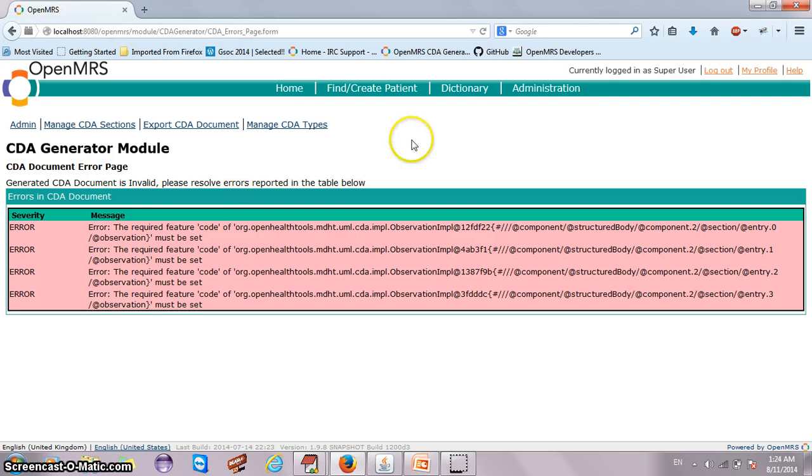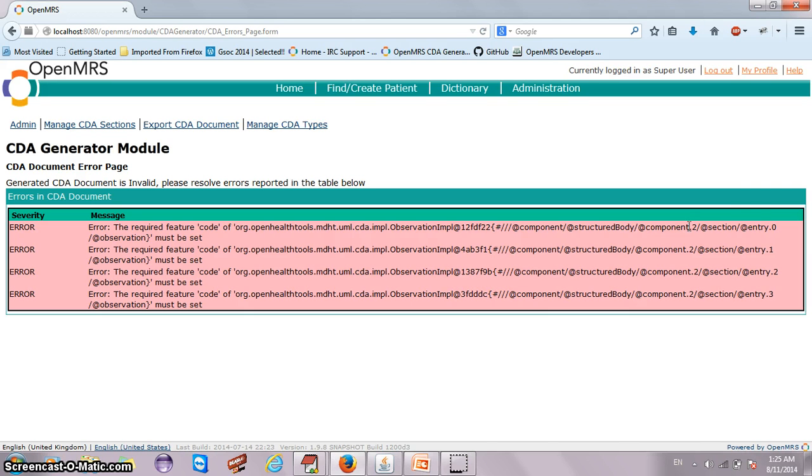The MDHT API validator code provides these messages. I know it's hard to interpret them, but I will say what the error is. There is a required element called code in the CDA document which is missing in the following 4 entries of the CDA document. So how to locate those entries? The error comes from the third component of the CDA body part. How I can say that is, here we have component, then structured body, which means the error is from the CDA body, and component point 2 indicates it's the third component, component dot 0 dot 1 dot 2, that is the third component, which is the social history section.